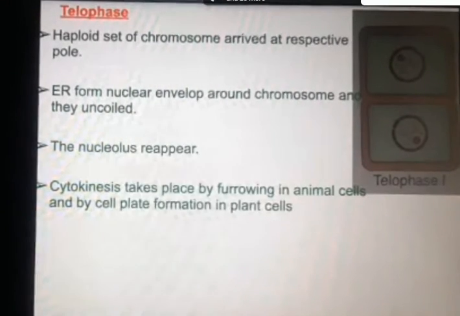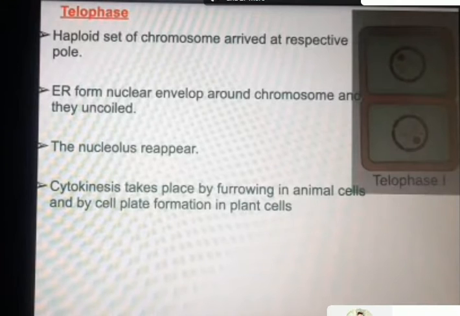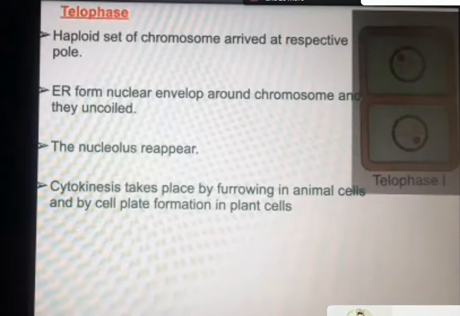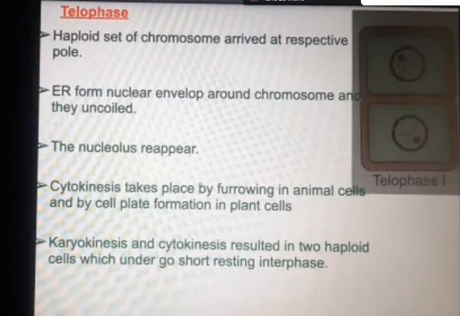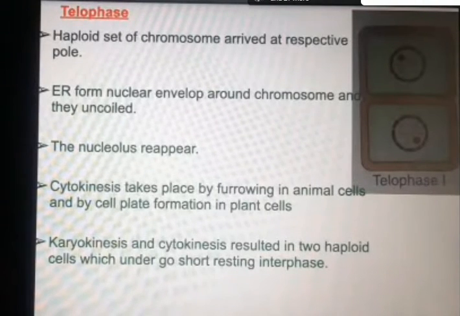The nucleolus reappears. The cytokinesis takes place by furrowing in animal cells and cell plate formation in plant cells. The karyokinesis and the cytokinesis result in two haploid cells which undergo a short resting